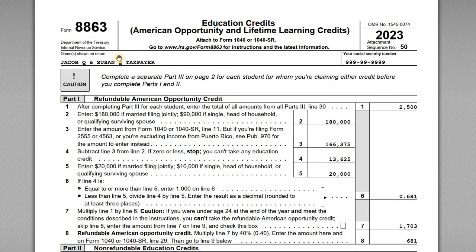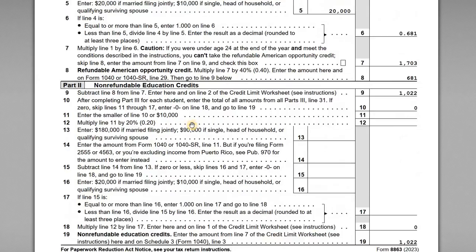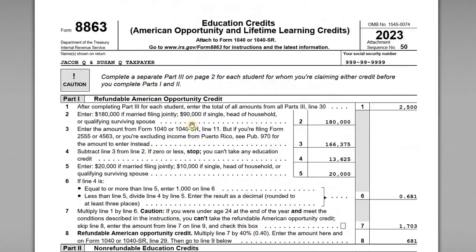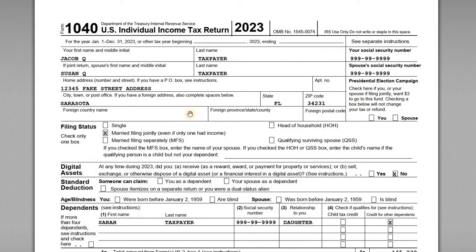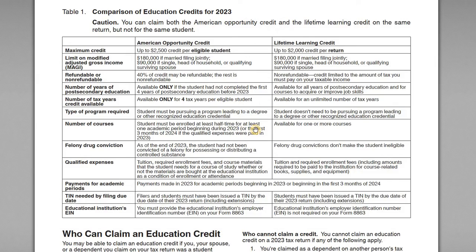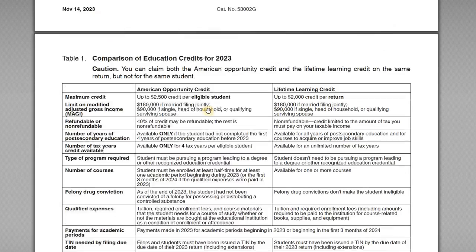So we've got the full 8863 here. It's both pages, so we have page 1 and 2. Page 2 is part 3, so we'll go through the full 8863, and it is part of their full return. So we'll look at how these credits get reported on the various schedules, and then ultimately up to page 2 of the 1040. We've also got a sample 1098-T here from the university, and then we've got the 8863 instructions